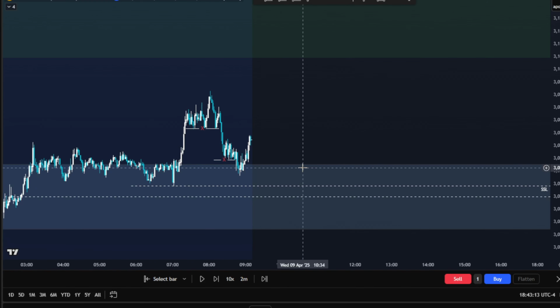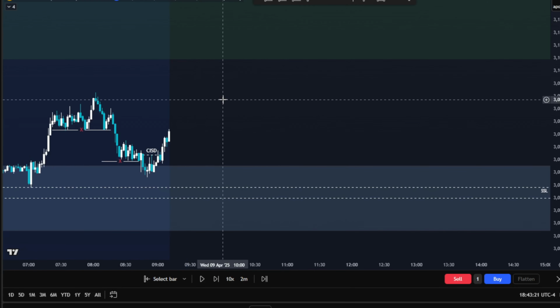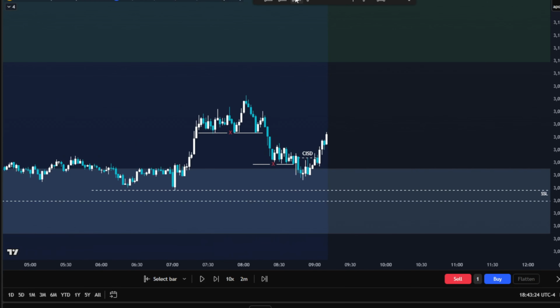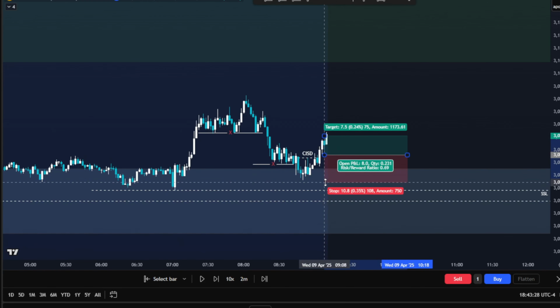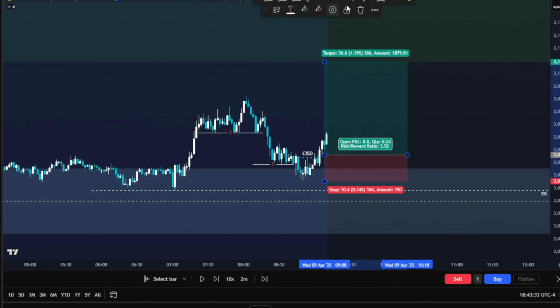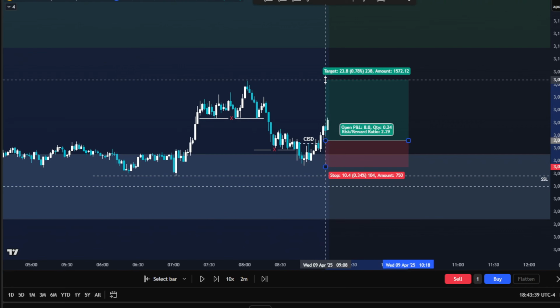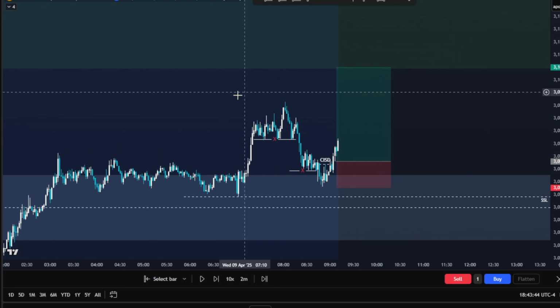So it doesn't, and you can see they already got a market structure shift. The entry would have been after the change in state of delivery here. Then your entry for a long will be here, and we can target this as well. This will give you a 2.2 R. You can aim for that, but most of the time we'll go for